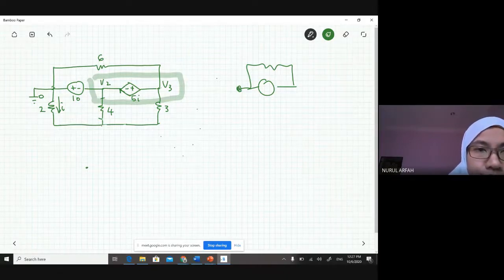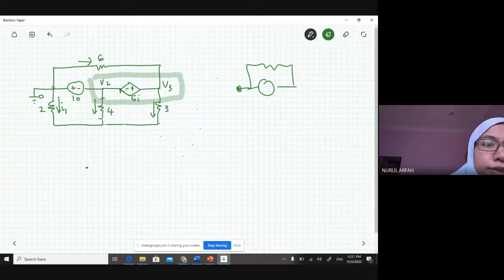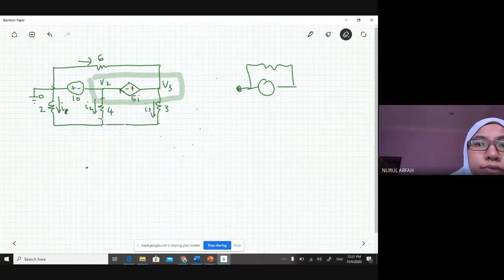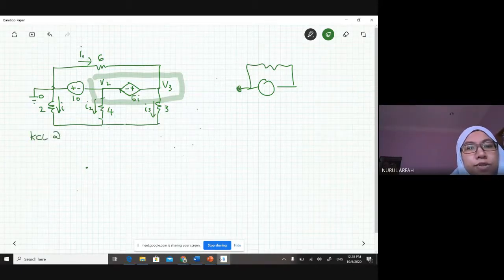So if you do it like this, you give the current direction first. Maybe this is I1, this is I2. No, I cannot give this one as I1. And this is I3, because this is the one they give, and the other one up here, I1. Okay, so our equation will be: since we have a supernode here, you need to have a KCL and KVL at the supernode. So the first one, KCL is,